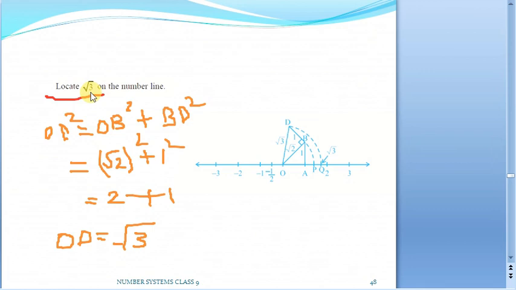Now suppose you take this as OA, this is 1. You take 1, you drop a perpendicular of 1. We know this as root 2 from the previous example. This OB is already root 2. Now what is root 2 square plus 1 square? Root 2 square is root 2 into root 2, which is 2, plus 1. 2 plus 1 is how much? It will be 3. So the square of some number is 3. That means the number will be root 3 only.